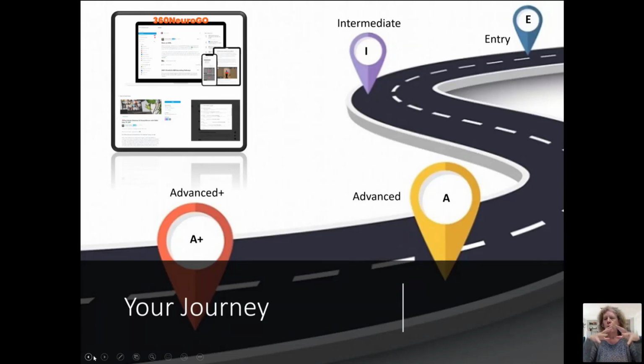We come from all kinds of experience. There's entry level, intermediate, and you may feel more of an expert in your field, advanced. I don't really know what advanced plus is. I just think lifetime learning. There's nothing that defines these. This is more where you see yourself. So in 360 Neurohealth, we provide education in these areas at an intro level, at what we think is an intermediate level with practical strategies, and then for the more advanced, we have our certificate of competency in vestibular rehab course,